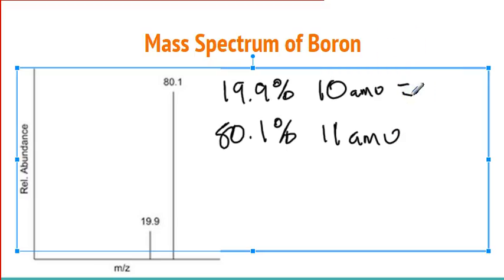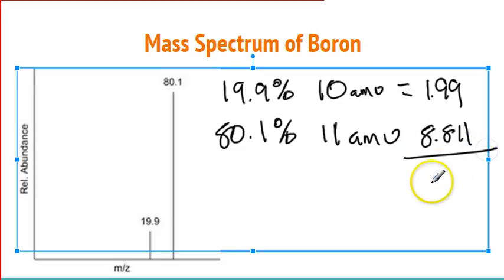So 19%, remember when we multiply 10 times 0.199, and when we do that math, we get 1.99, and then 80.1% of 11 is 8.811, and when we add that up, we get 10.801. And when we look at the periodic table, you'll see that the actual mass of boron is